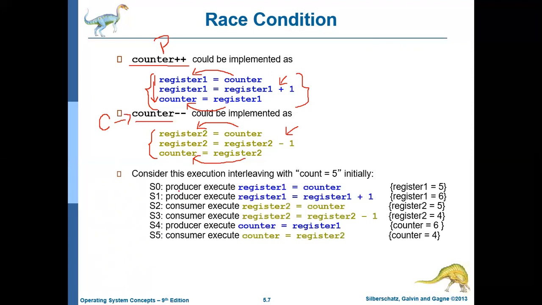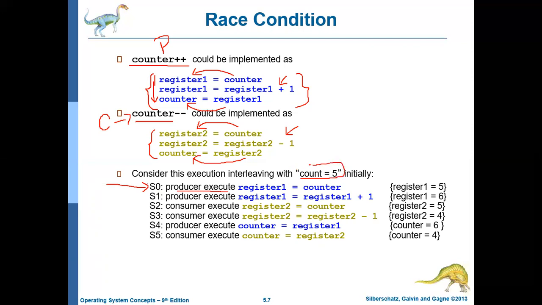Assume this is the sequence of execution. This is the first statement that got executed: the producer is executing register 1 is equal to counter. Let us assume initially the counter value is 5.